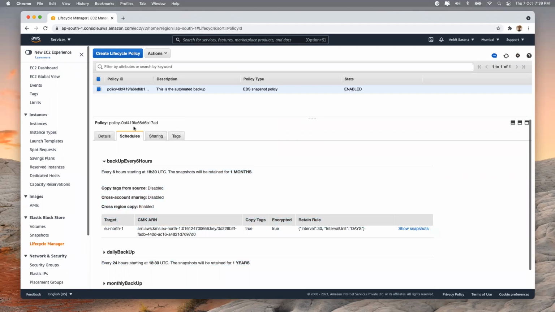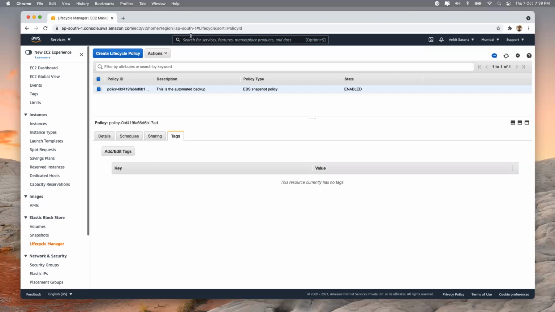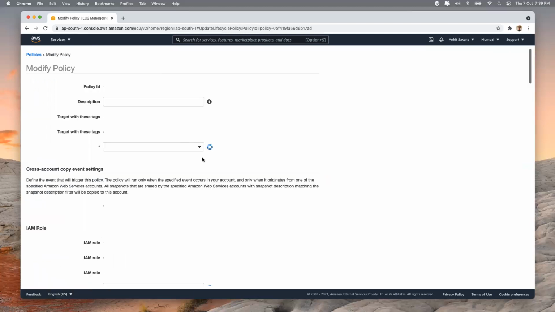So basically, if you want, you can also share it with someone. If you have enabled it over here, it can be shared. If you want to add any tags, you can do that. If you want to change it, you can click on modify policy and change the lifecycle policy again. Though a preferred way of